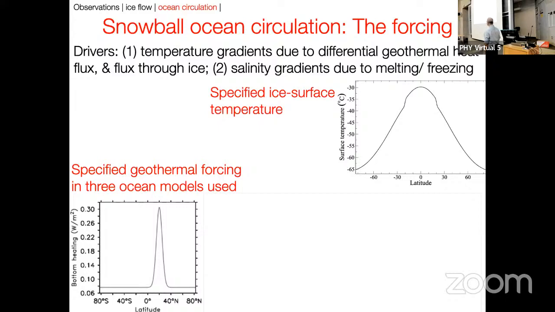And then there's geothermal heat flux that is very, very weak, but also is enhanced over mid-ocean ridges. So we have to take that into account. You can't just apply a uniform heat flux at the bottom. You have to use some ridge, and over the ridge, the heat flux is enhanced. But these are the only forcing. There's no wind and so on.